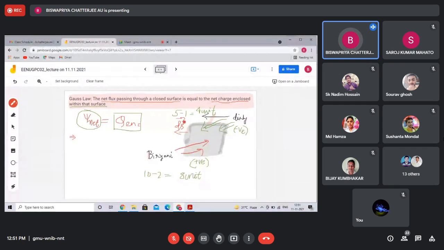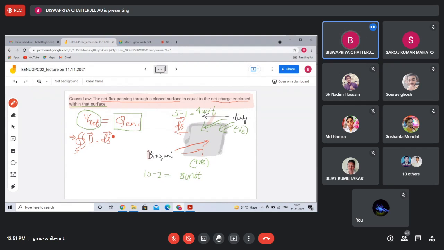Anything else? You are close, you are on the right track. Electric flux density into DS. Yes, electric flux density into DS. So basically, mathematically, psi net is equal to the integral of D dot DS, and you must take the surface integral over a closed surface. So this is the expression for psi net.